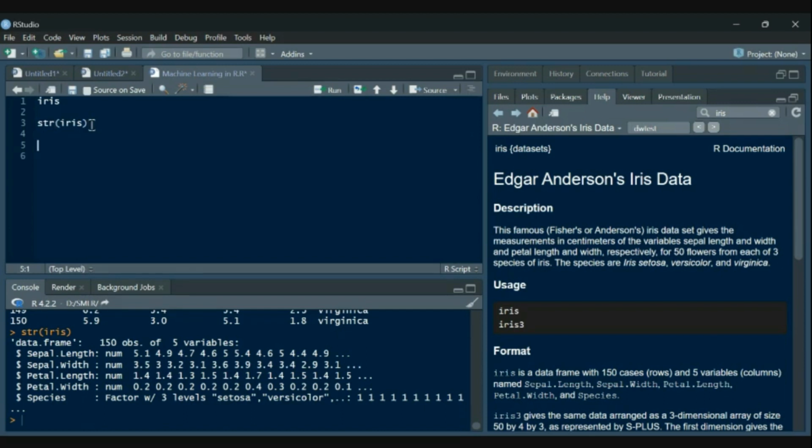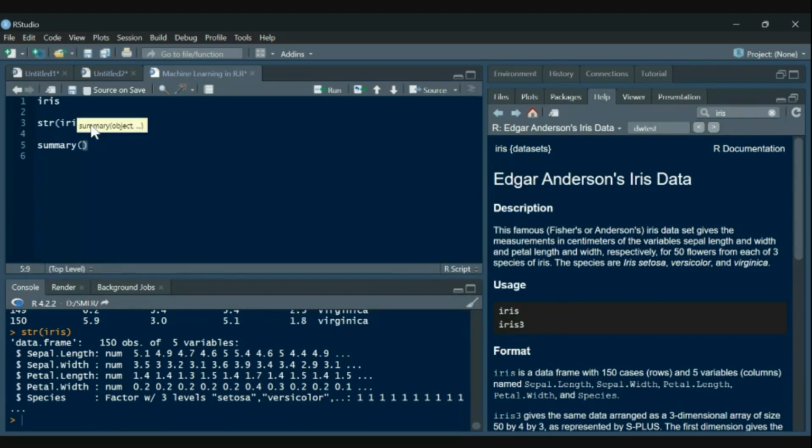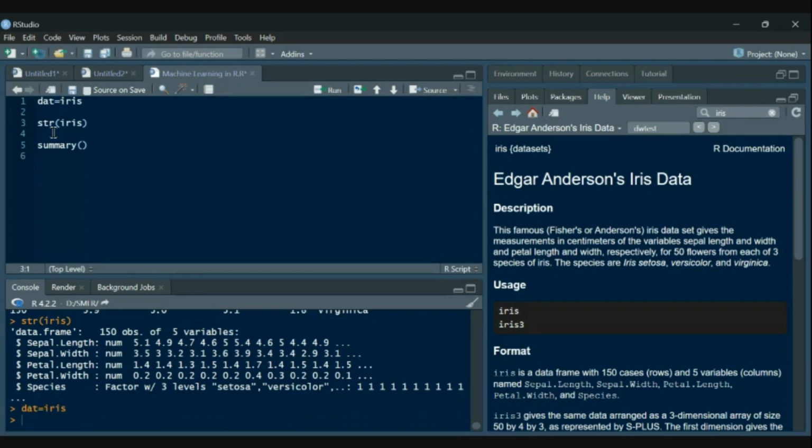Now let us look at the summary of this particular data set. Let me name it DAT, and I will use DAT rather than writing iris again and again.